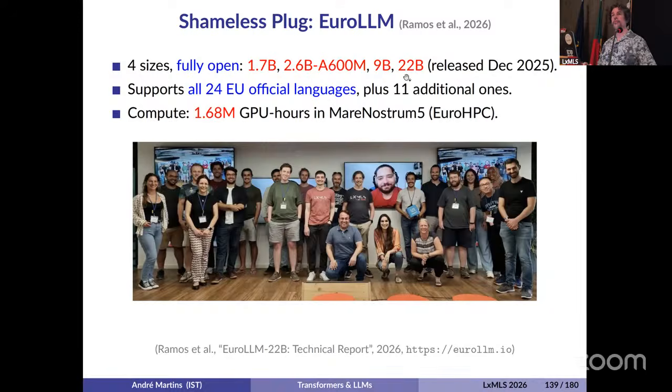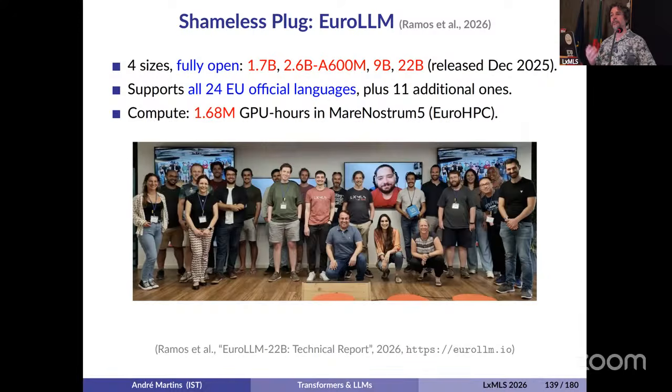It was a 22 billion parameter model. These models support all the official European Union languages, plus some additional languages. And they consume a lot of resources for training. It's around 1.7 million GPU hours. They were trained in European supercomputers, part of the EuroHPC network, which is the network of high-performance computing. But I think to me the most important thing is the number of people that were trained in learning how to train these models,